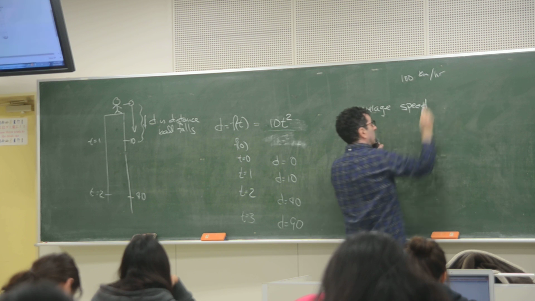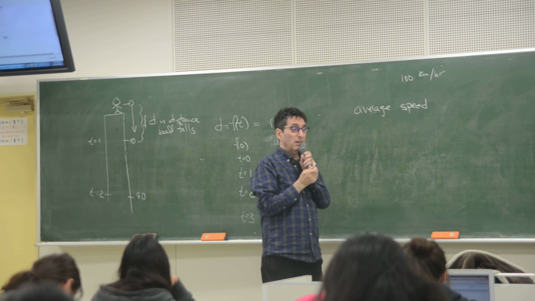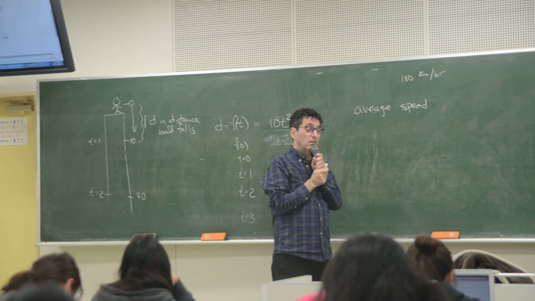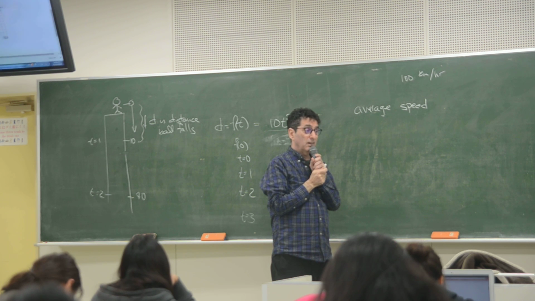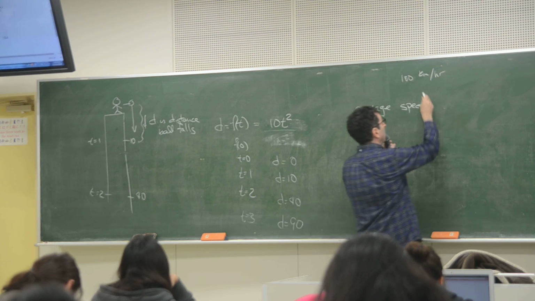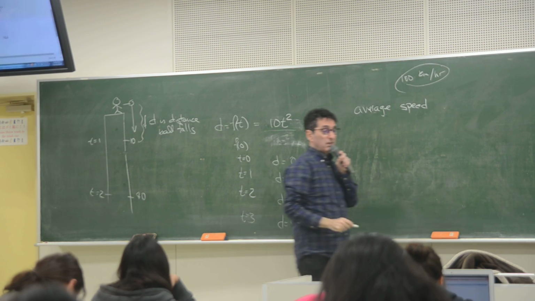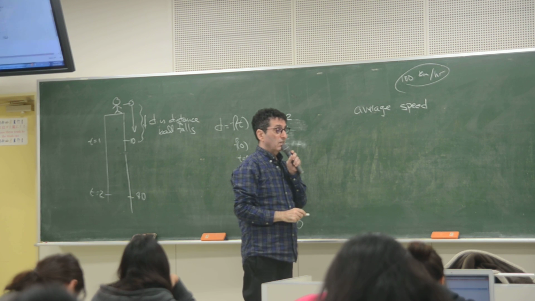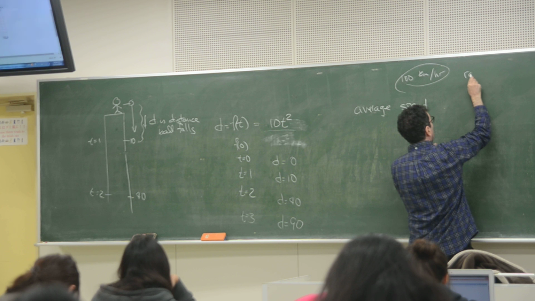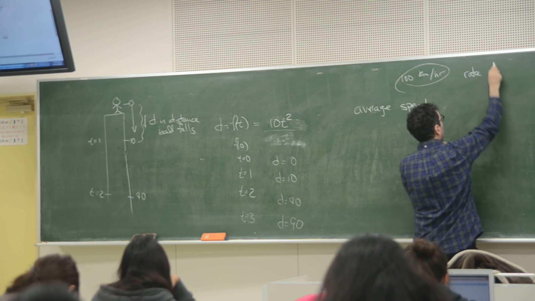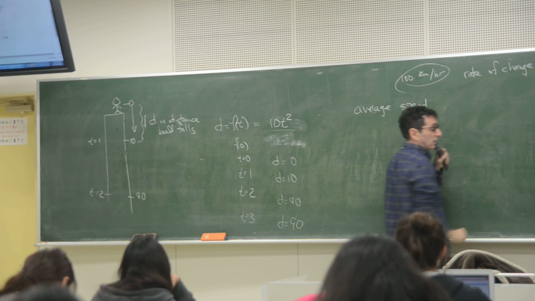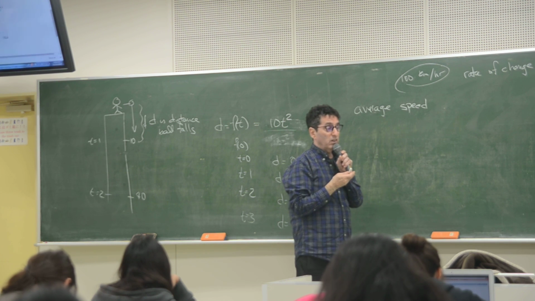By the way, what does that mean? That means if you went 100 kilometers per hour for 1 hour, how far would you have gone? 100 kilometers, right? That's what it means. So this is a rate. Obviously it's a rate. We call it a rate of change. Other examples of rates of change having nothing to do with speed or balls might